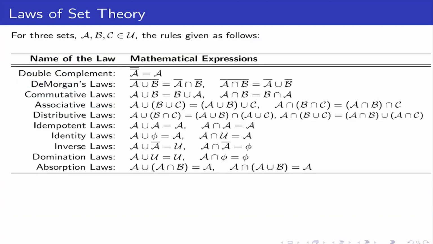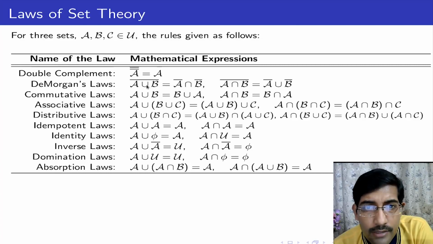Here are some laws of set theory that are followed, some of which we have already used in different contexts, like and, or, not, which is extended for union and intersection. So double complement means the same. Here is De Morgan's law. It just pushes the bars into individual sets and makes the union an intersection. Similarly, commutative: just now I mentioned A union B is B union A. No changes happen when you switch these two sets.